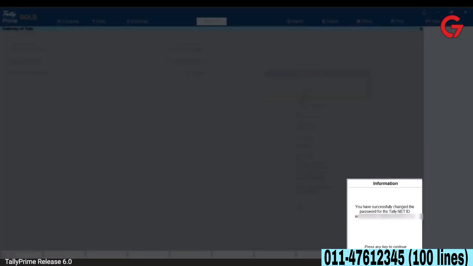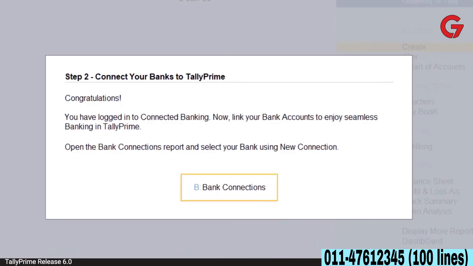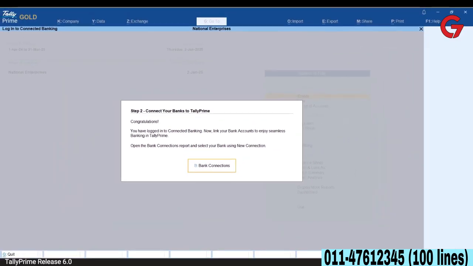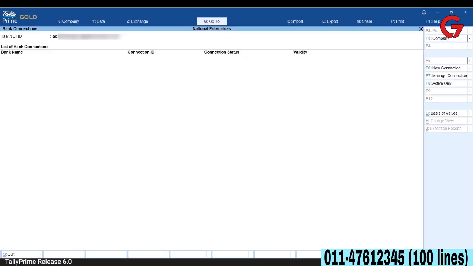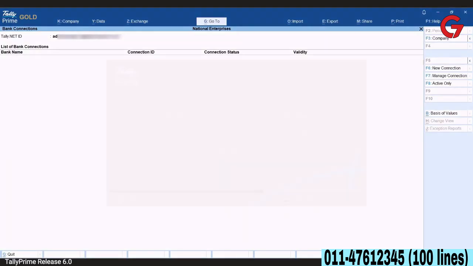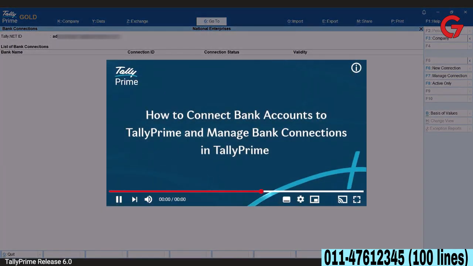Once you change your password, you will be logged in. Now, you can press B and start linking your bank accounts to TallyPrime. To know how to do it, you can watch our video, How to Connect Bank Accounts to TallyPrime and Manage Bank Connections in TallyPrime.